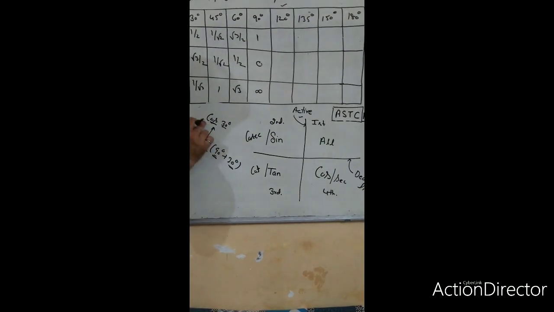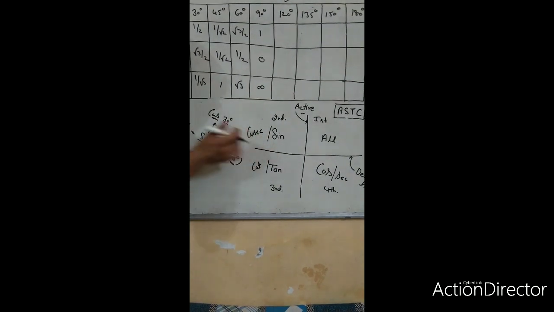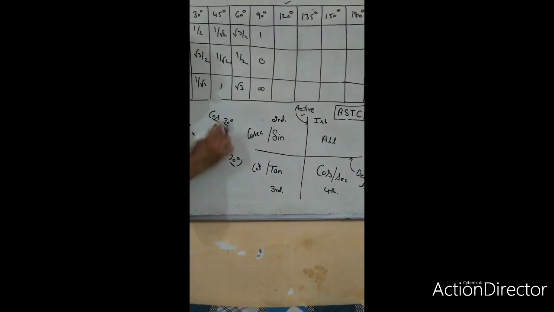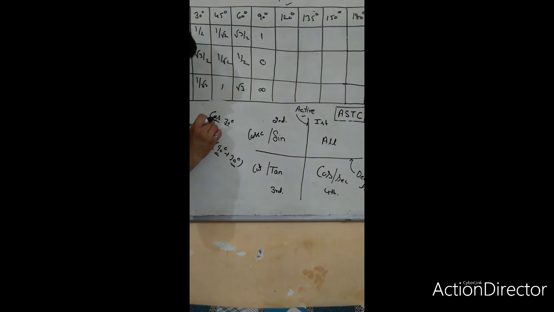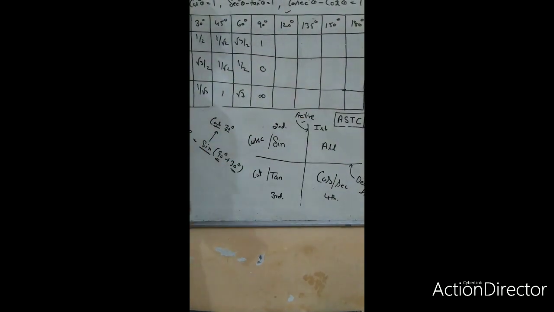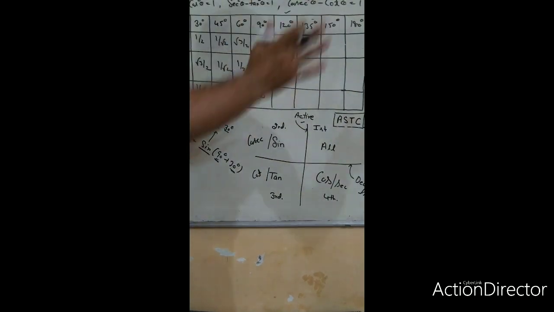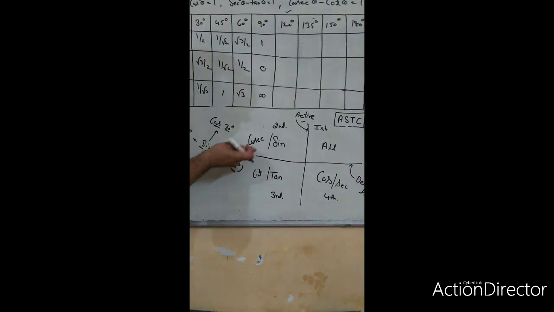So let us check its value. Now it is sine. Sine is positive here, so it will be positive because we have entered that quadrant where sine is positive. That's why we take sine positive. And why do we change sine to cos? Because we cross the active line. Whenever you cross the active line, the cofactor automatically changes. But in case of a dead line, the cofactor doesn't change.